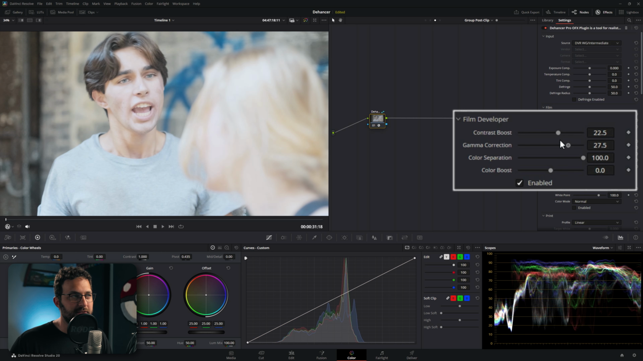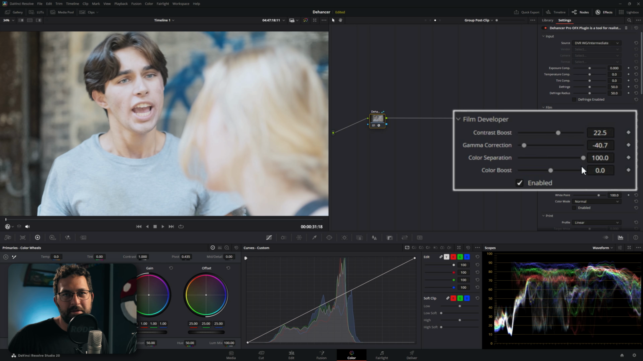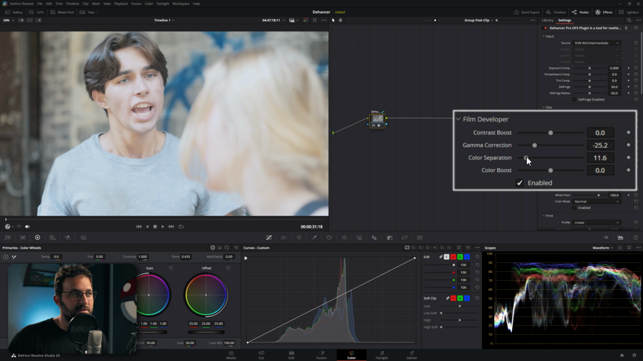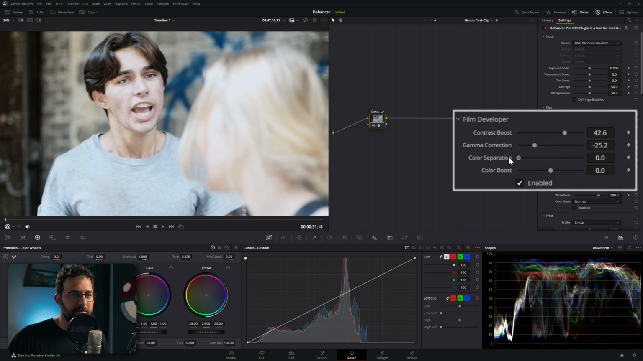Color separation can really be viewed in two ways. One, it affects how much contrast changes the saturation. And two, it changes the intensity of highest saturation values. And color separation and gamma are based on contrast boost. So if there's no contrast, let's say that we just reset this, then gamma correction and color separation do absolutely nothing. But we'll go ahead and bring this up. And you can see those highest saturation values, once we bring color separation down, they start to become a little